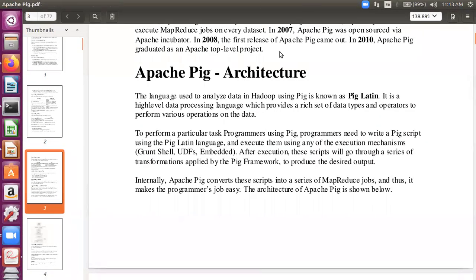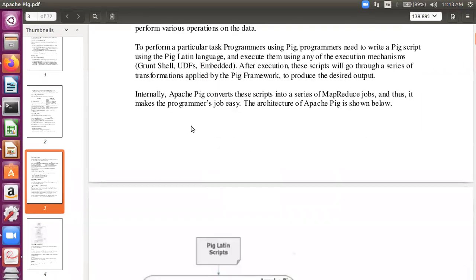Okay, so have a look at Pig architecture now. Internally, Apache Pig converts your scripts, that is, whatever queries you write against your data sets, into a series of MapReduce jobs. We discussed this before. You are not aware how it is doing it, but the job is being done. You just write a short front-end query in Pig using a Pig operator and you get the result, but internally it is converted into a series of MapReduce jobs, and you get the answer.